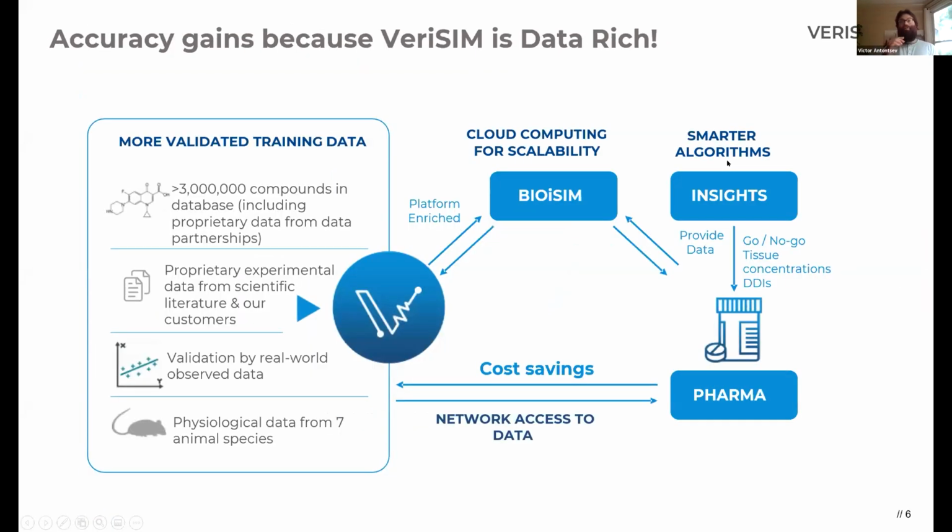Now, another key aspect, in addition to the approach, is the data that is used. And I mentioned this on an earlier slide in terms of spanning the different stages of preclinical and clinical development. So what we're talking about here are network effects, where data sets that are very disparate generally can be tied together and really systematically used to build out a better core model across even therapeutic areas as diverse as small molecules, large molecules, engineered viruses, or CRISPR-Cas9 therapies,